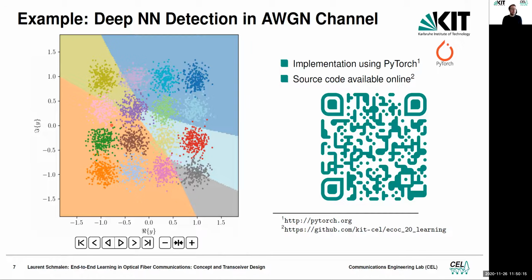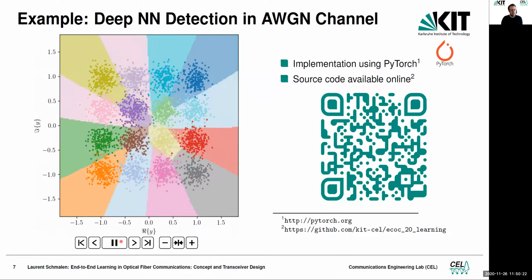And we use a 16 QAM constellation with an AWGN channel, and we learn the decision regions. And you can see that it's not a difficult thing to do. And after some iterations, the neural network can approximate the decision region of the 16 QAM quite well. So this is a little bit boring, and it doesn't bring us closer to our goal of designing actually communication systems.